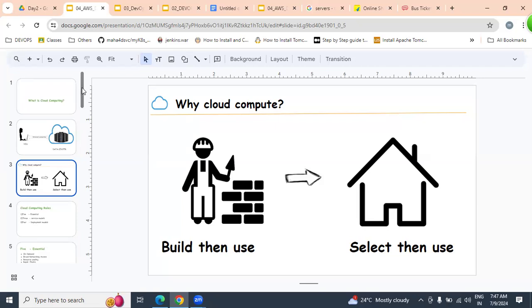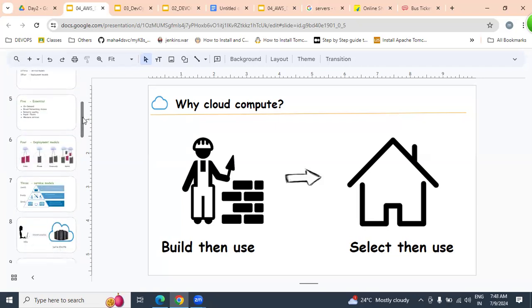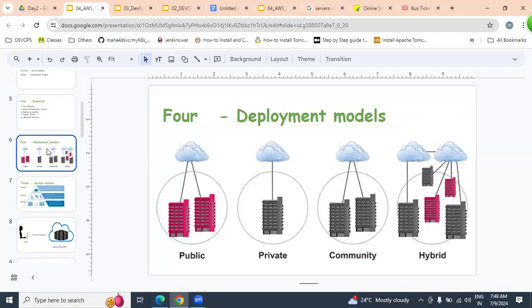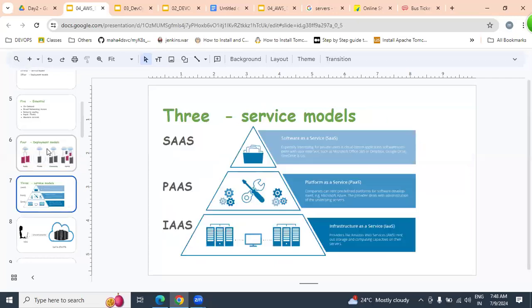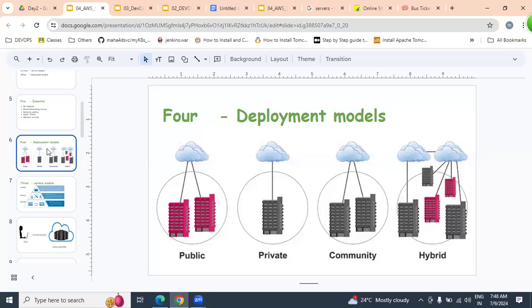But if you want to use a cloud, we have to understand some terminologies. Clouds have two models: one is the deployment model, another is the service model. Deploy means placing websites on a server; we call that deployment.